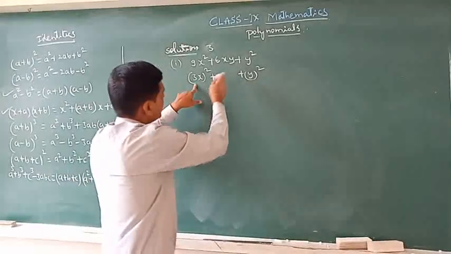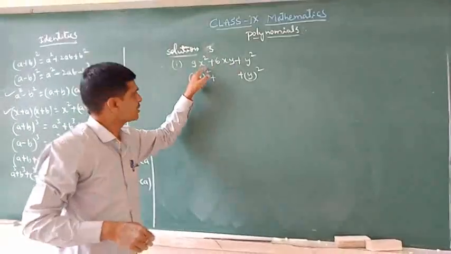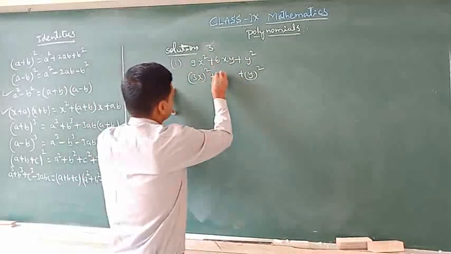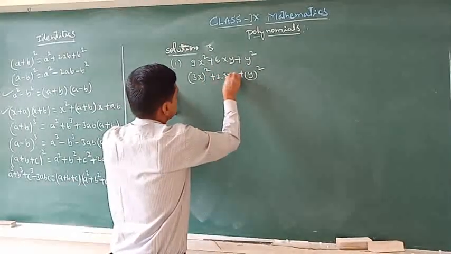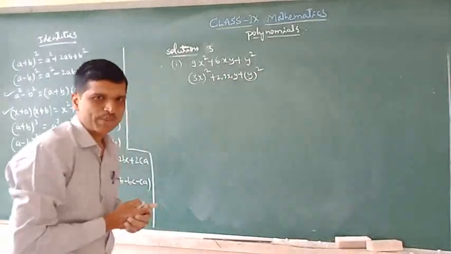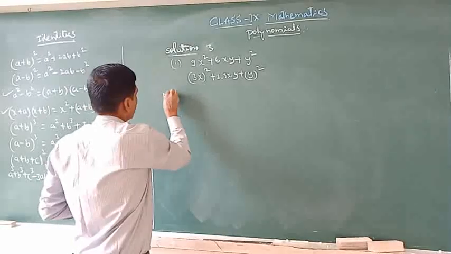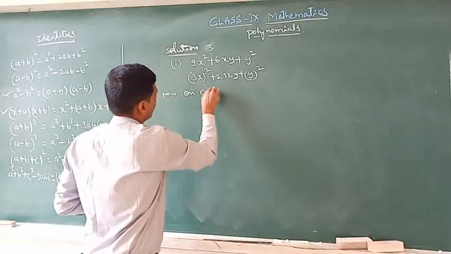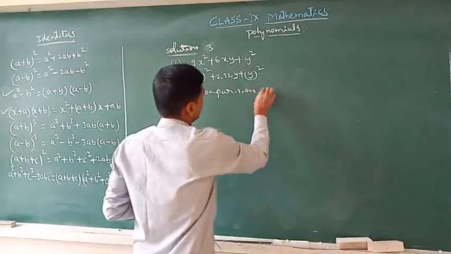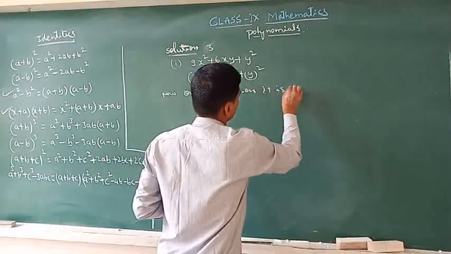So it is observed that it is of the form a square and b square. So we have to convert this one as 2 into 3x into y. So automatically it is converted as a square plus 2ab plus b square. Now on comparison, after the comparison, it is of the form